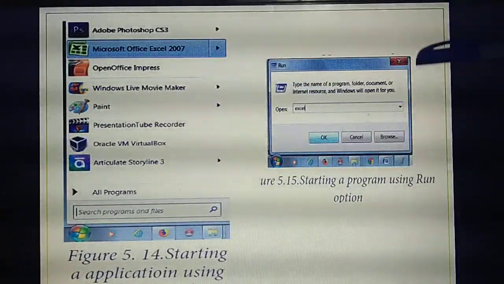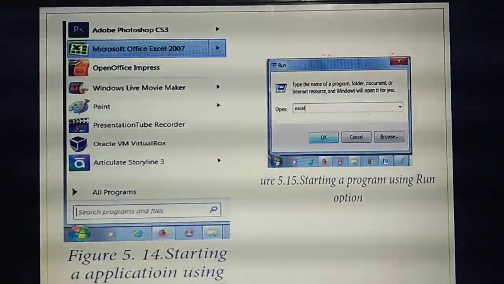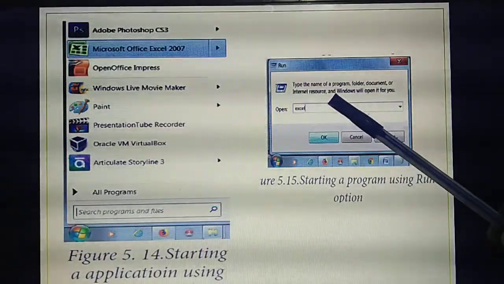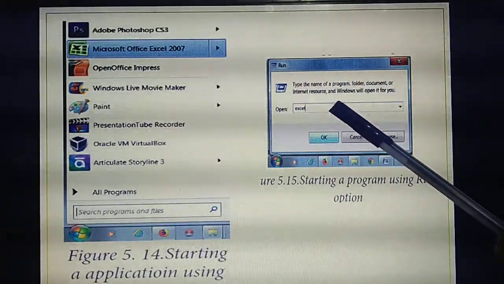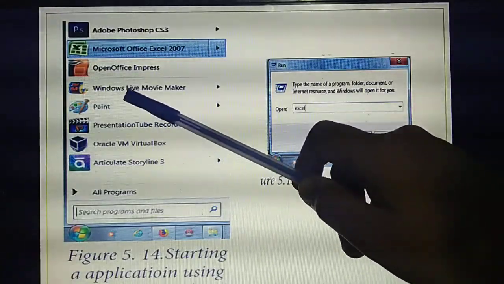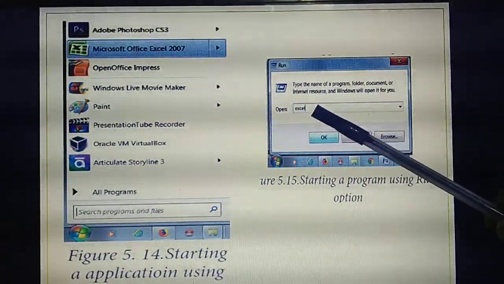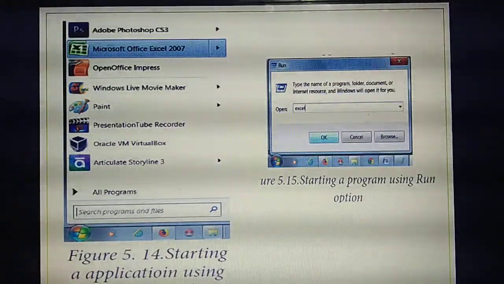Run command. If you click the run command, this box will open. Then you need to type the name of the application. For example, to open Paint, in the place of Open in the drop down box, you need to type Paint. Then click OK. Then the particular application will open.